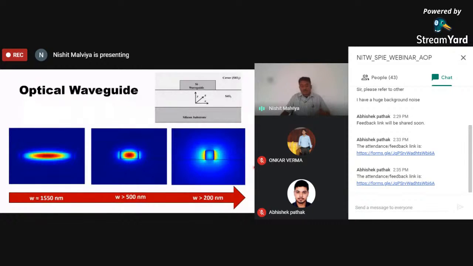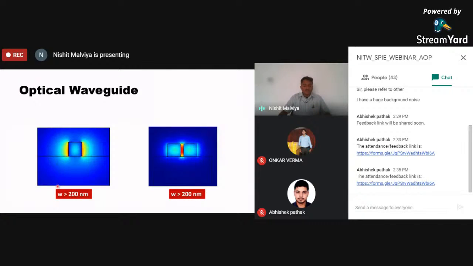But once again, if we add another waveguide together, what happens? It makes a silicon waveguide of 200 nanometers, and we put another 200 nanometer waveguide next to it. This is a silicon slot waveguide. So the slot is there, and the light leaks out from this boundary. It is confined in this narrow, low index region.